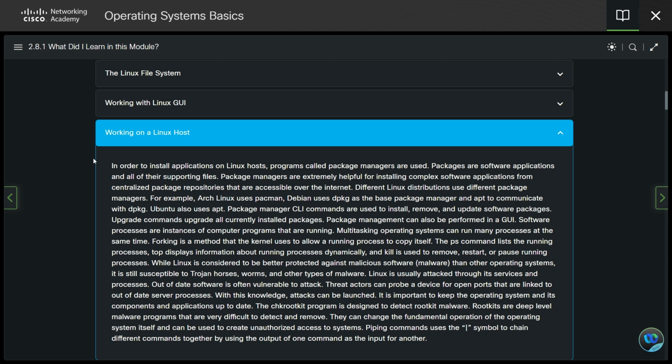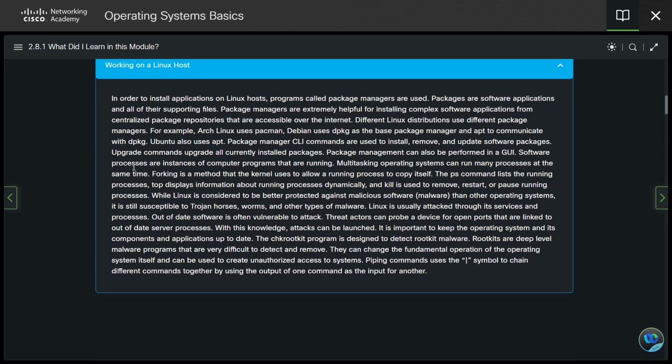While Linux is considered to be better protected against malicious software, or malware, than other operating systems, it is still susceptible to Trojan horses, worms, and other types of malware. Linux is usually attacked through its services and processes. Out of date software is often vulnerable to attack. Threat actors can probe a device for open ports that are linked to out of date server processes. With the knowledge that attacks can be launched, it is important to keep the operating system and its components and applications